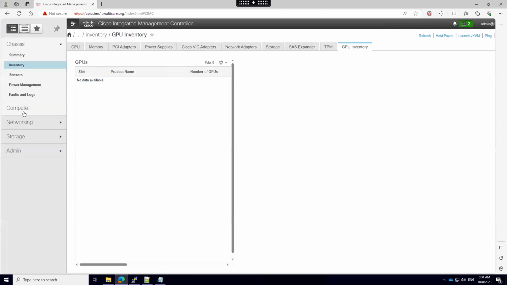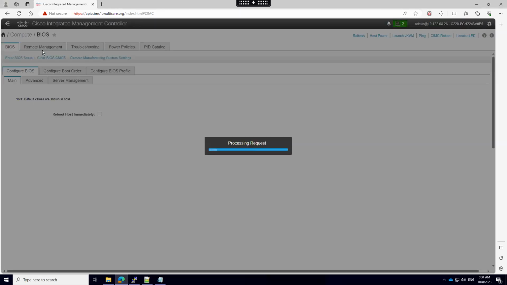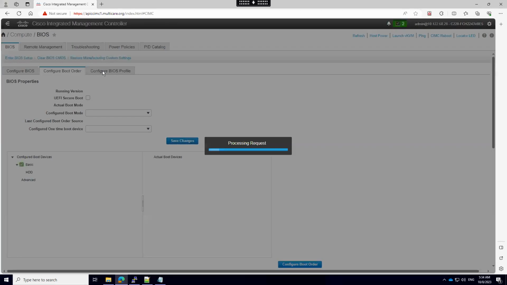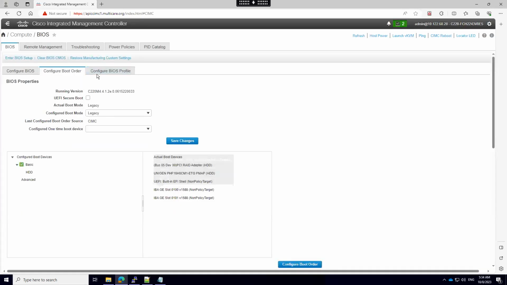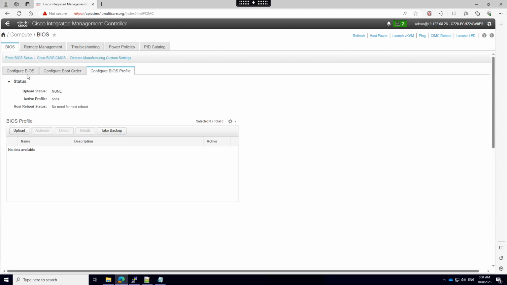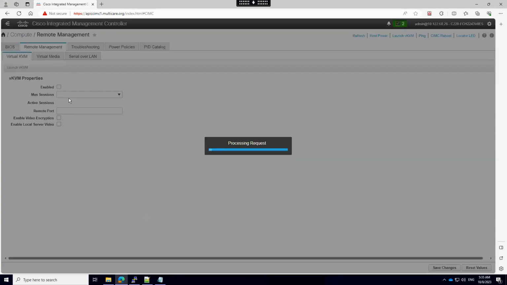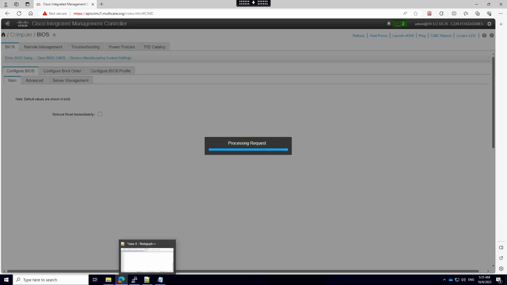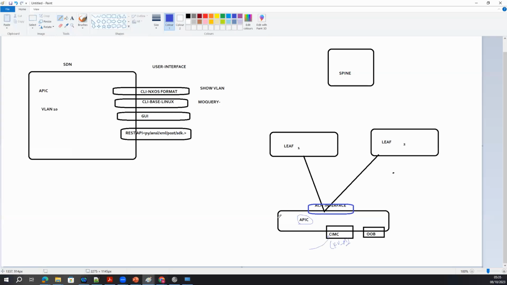The main thing is if I go to the compute, you will see the BIOS section. In the BIOS, you cannot just upgrade one version and be free. The server has multiple components on it: NIC BIOS, out-of-band BIOS, RAM BIOS, CPU BIOS.